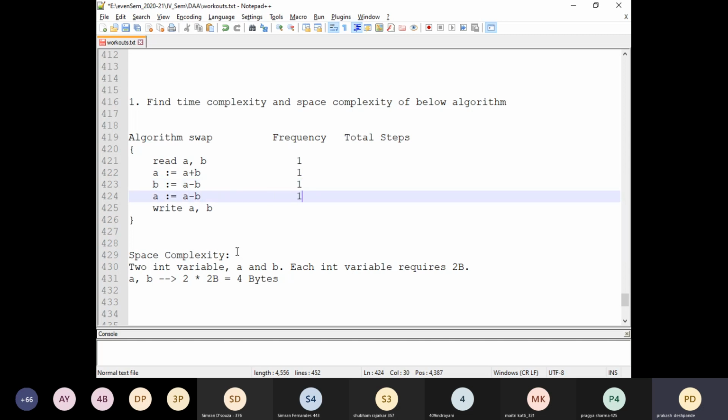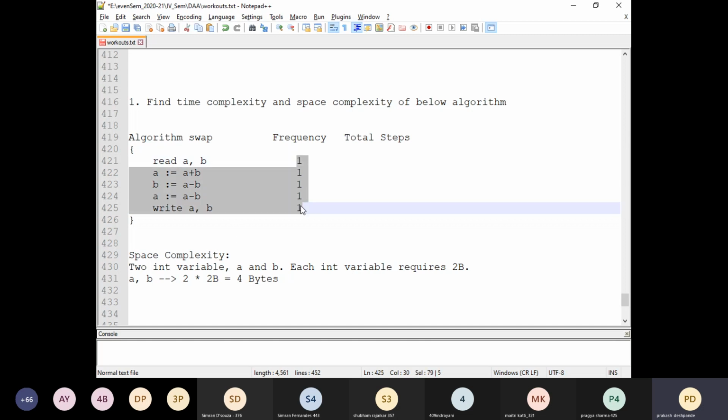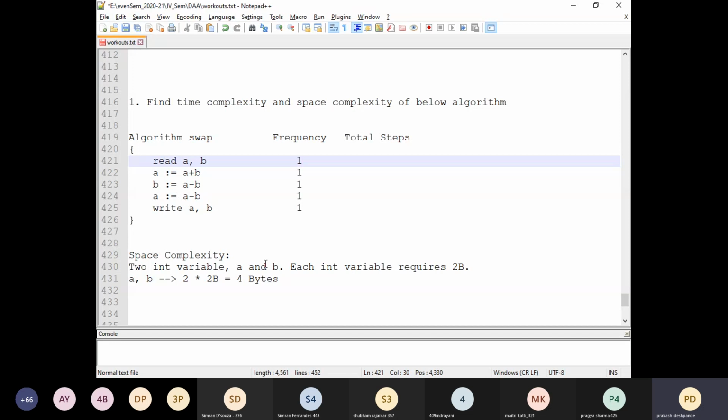The next line, the frequency remains 1. And the next statement is again an output operation. Again, the frequency of that statement remains only 1. The 1 in this frequency column is the value that represents how many times this statement is going to be executed when this algorithm works. Isn't it similar to the step count?